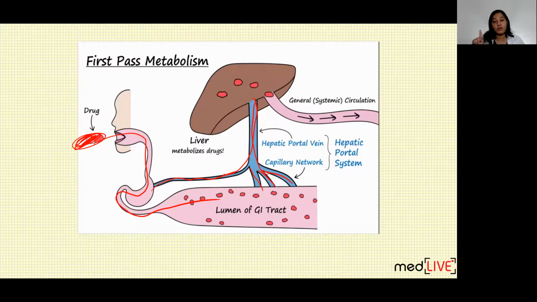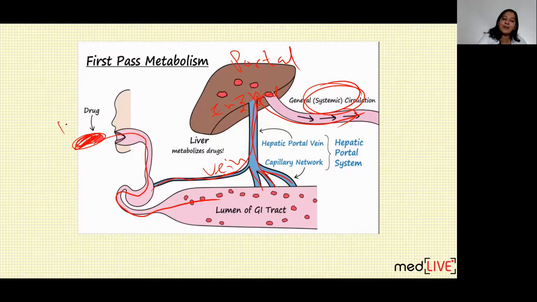But it is not true for GIT. For GIT, all the veins are absorbing the drug from the lumen of the intestine. The veins will go in the liver first. This is known as portal circulation. From GIT, from intestine and stomach, the veins will go first in the liver. In the liver, enzymes are present which will metabolize the drug, which will disintegrate the drug. So the concentration of the drug, whatever you have given orally, will be reduced in the liver, and then it will go in systemic circulation. So on reaching the systemic circulation, the concentration of the drug is reduced.